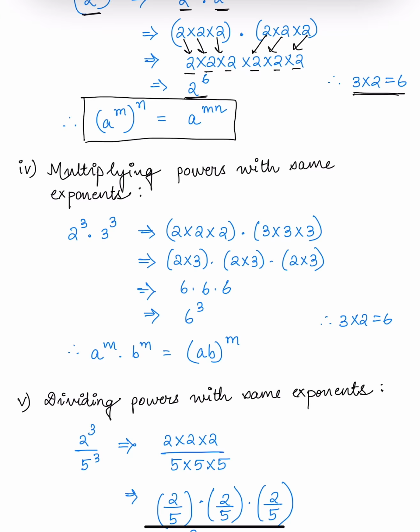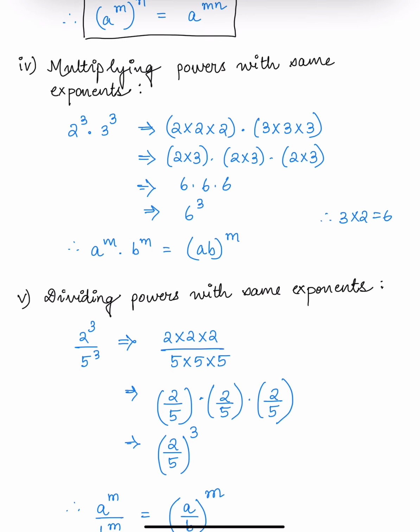So the law is a to the power m whole to the power n will give us a to the power mn. Now similarly, we have the fourth property, which says that we are multiplying powers with the same exponents. So 2 cube into 3 cube. So what do we mean by same exponents? That is, this part is same. So we can expand and write it as 2 into 2 into 2 and 3 cube as 3 into 3